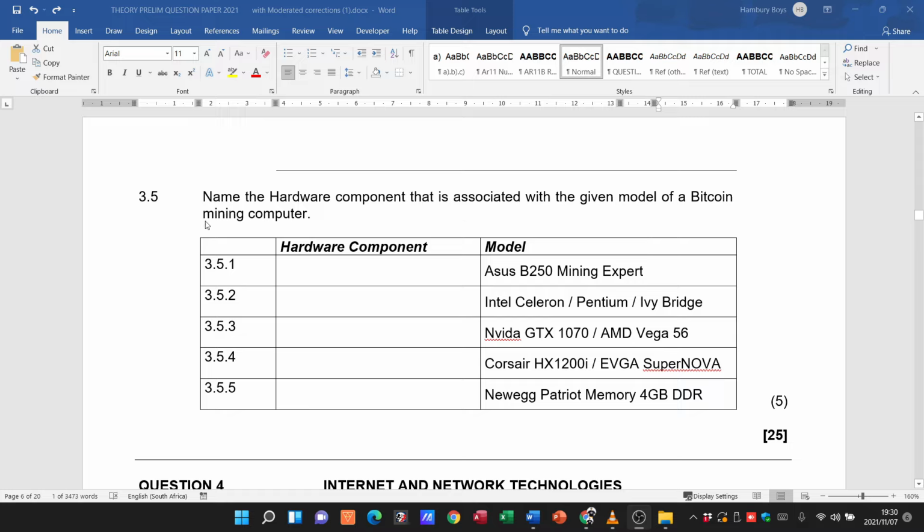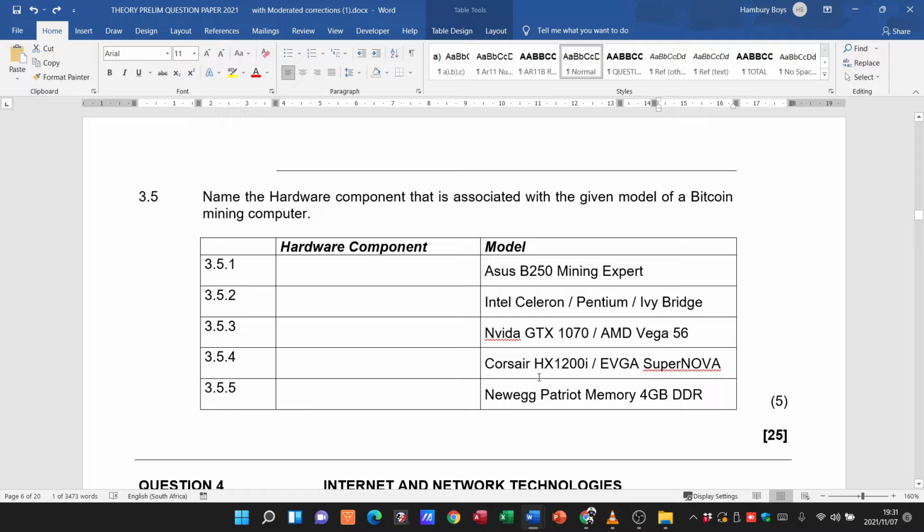Right, then the last one on question 3, they say name the hardware component that's associated with the given model of a Bitcoin mining computer. Now, bear in mind, they are talking about a Bitcoin mining computer, but all of this is still very relevant to your normal computer, and you're going to see why now. Okay, so here we've got the Asus B250 Mining Expert, the Intel Celeron, the NVIDIA GTX, the Corsair